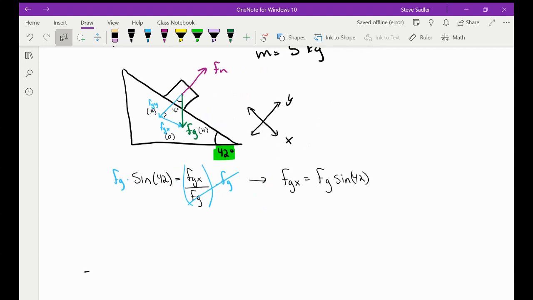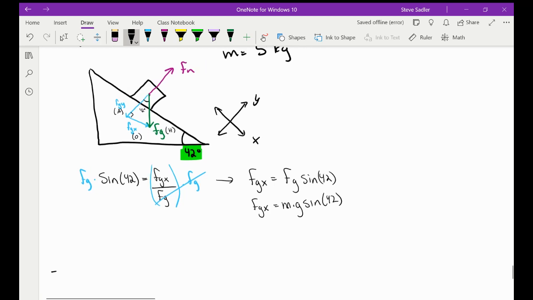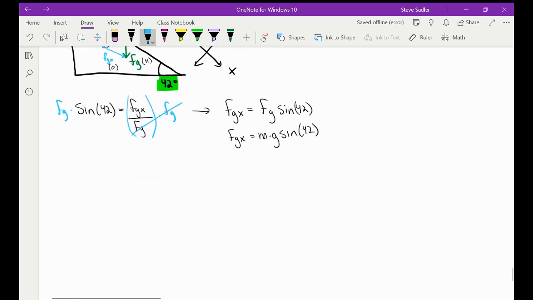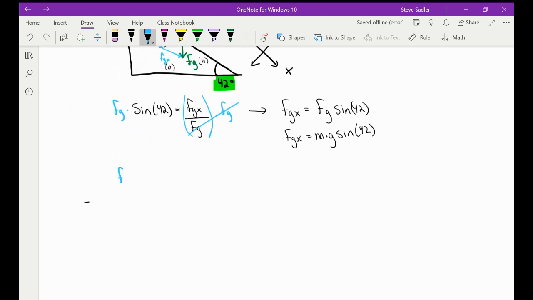We know force of gravity, right? We know force of gravity is mg, right? Mass times gravity. So mg sine 42. We can do the same thing with our FGY. Maybe I'll do it right here. FGY